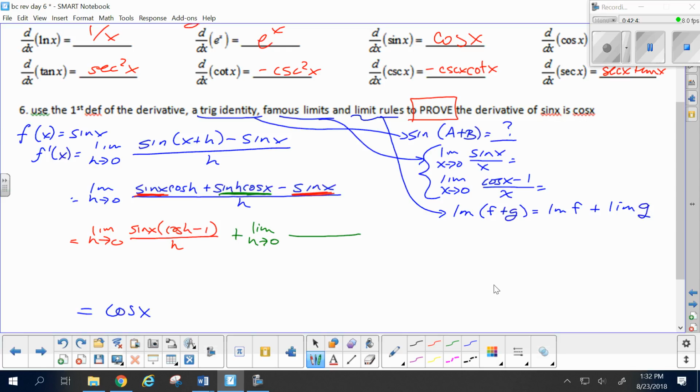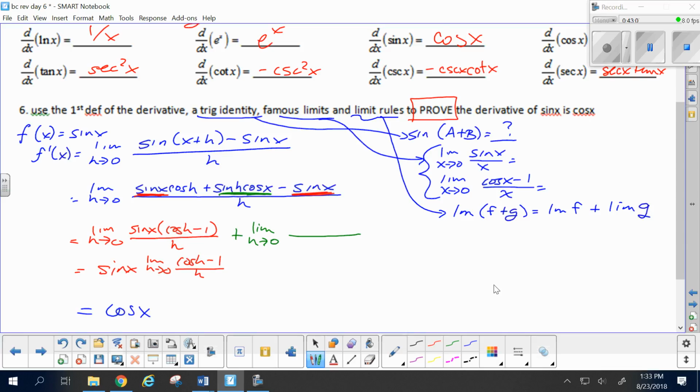Now, looking at that, as I said to Kendall over there, if that were a 4, what could you do with that limit? That 4, you could pull it out front, because it's not really related to h's behavior. Same goes with sine of x. Sine of x is a function of x. It has nothing to do with the h. It's going to matter what h does, and so if I pull that out front,